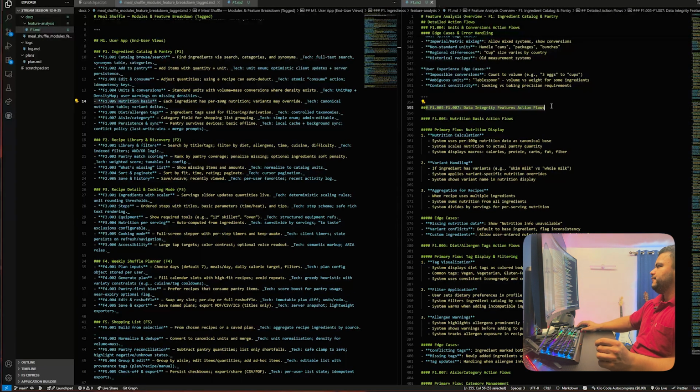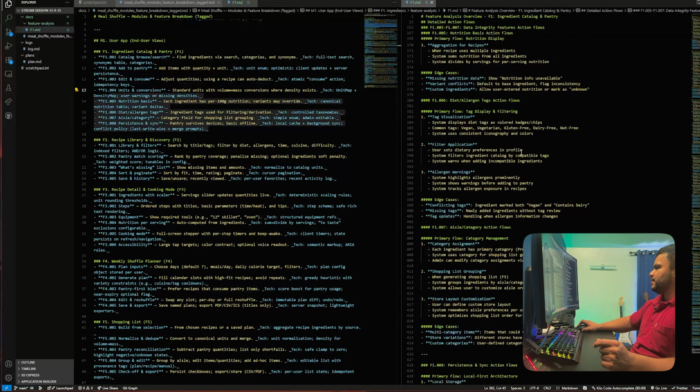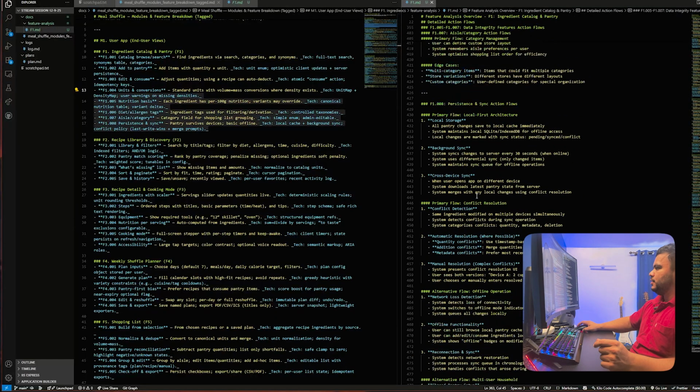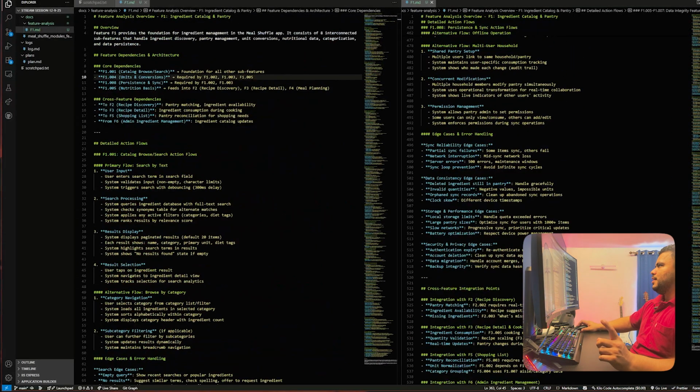Data integrity features action flows f1.5 to 7. Okay. I think we will also need to cut this down. But before we do, I'm gonna